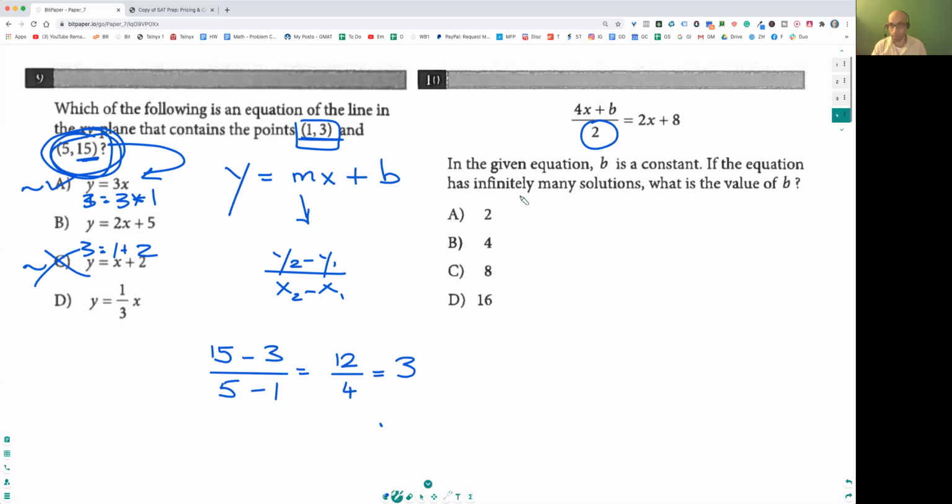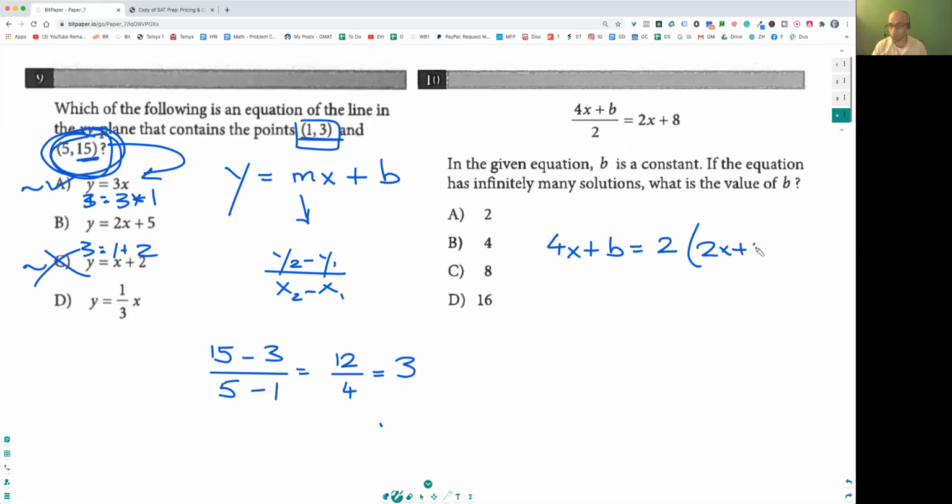Okay. First step. Always, here's a trick. Anytime you have to solve something and there's a divided by, is equal to 4 or whatever, right? 4x, whatever is underneath, just move it to the top here. So that's the number one trick for these SAT type questions. Okay. So 4x plus b is equal to 2 times, I'm going to move this 2 over here, 2x plus